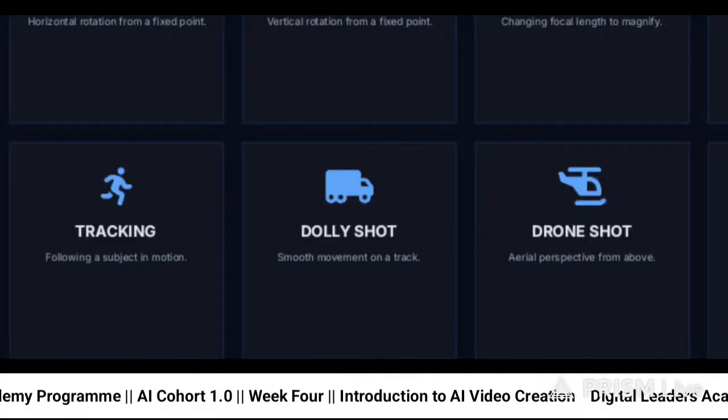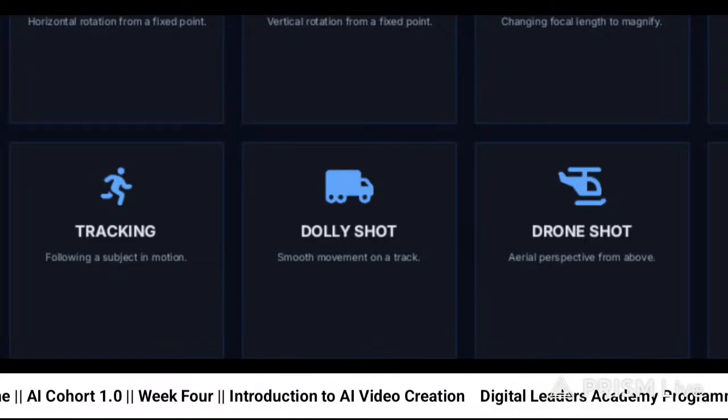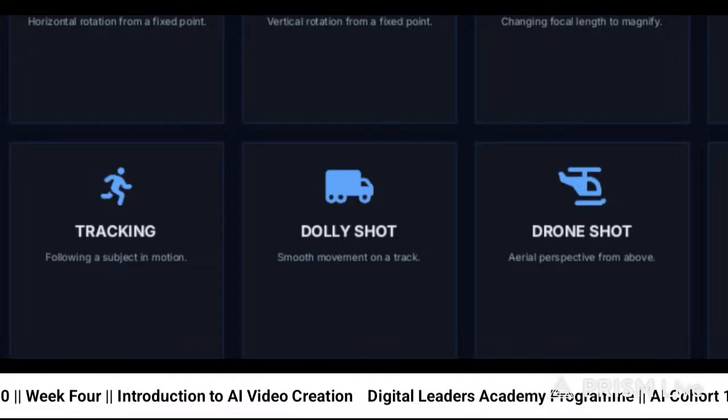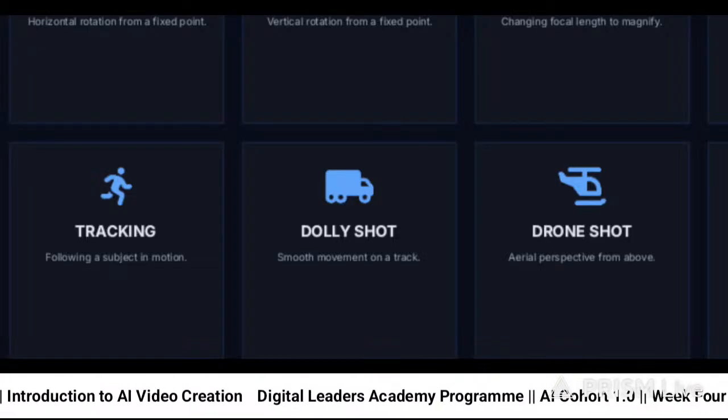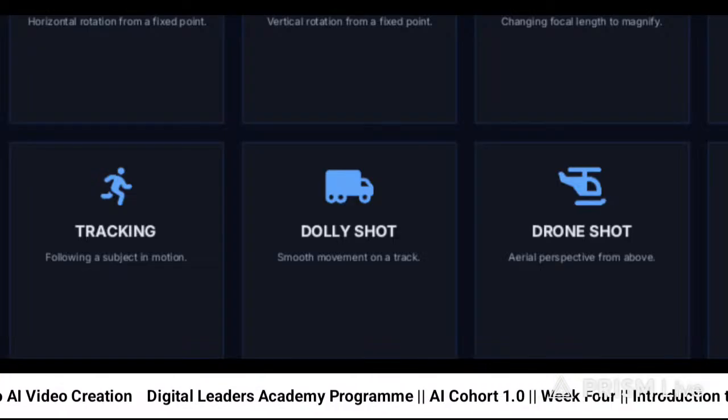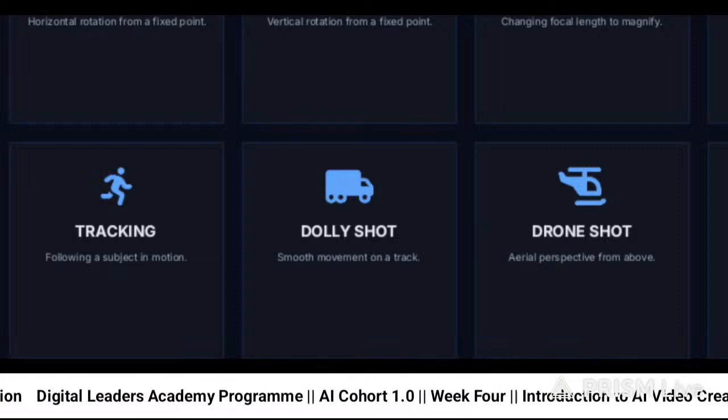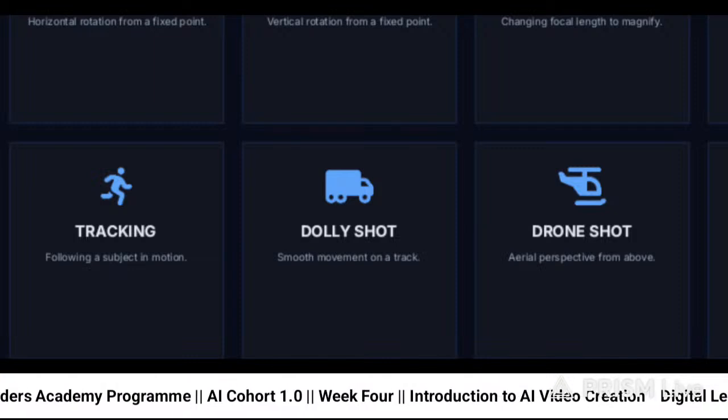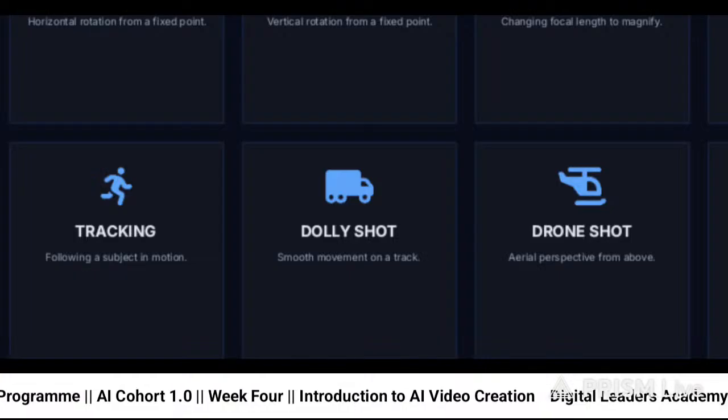For the next one, you have the drone shot. A drone shot is also called the overhead shot. It's just like a shot from above. Let's say, for example, like this image here, like a helicopter. Let's say someone is on a race platform and then you are taking a shot. Just like the word says, the